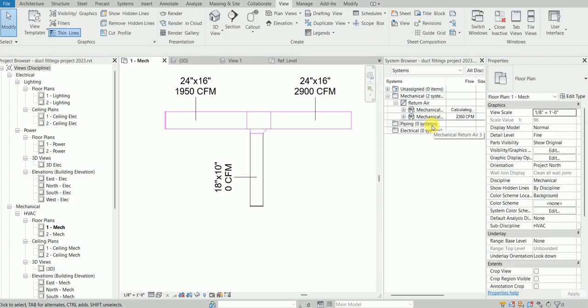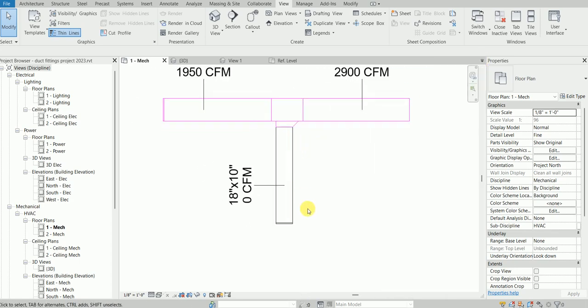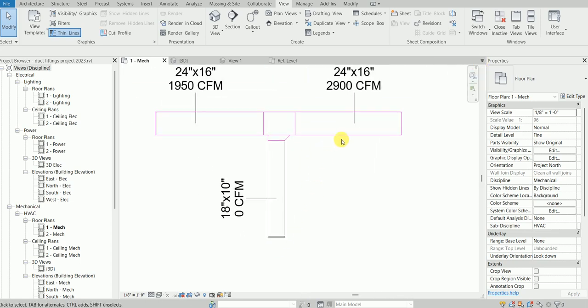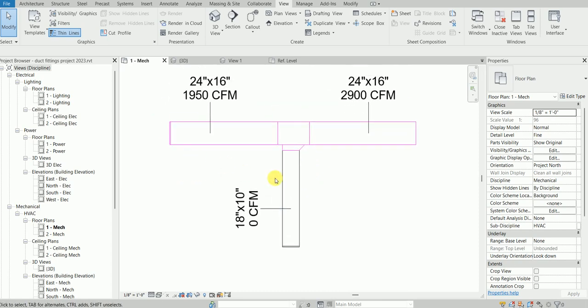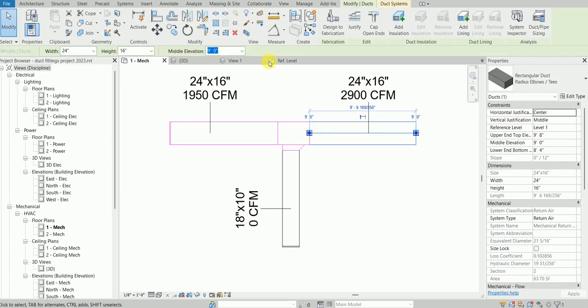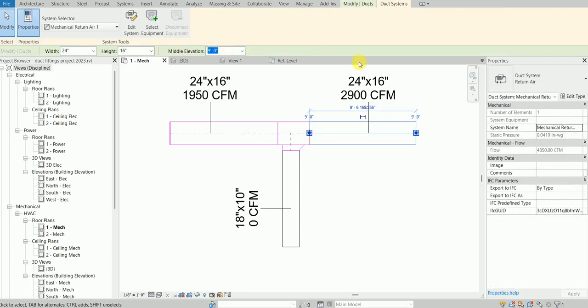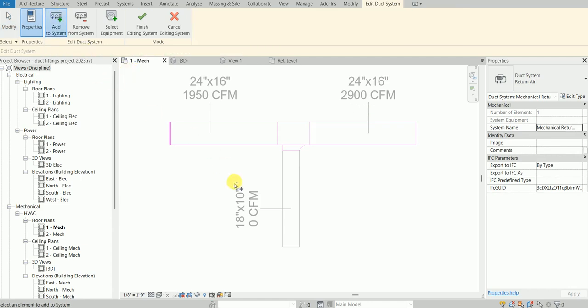I'm going to delete it. Its color filter has disappeared, it has turned black, but it's not a problem. It's because the logical system is deleted, but the physical system is still there. I can select any duct existing for return air 1, and I edit the system and add to system